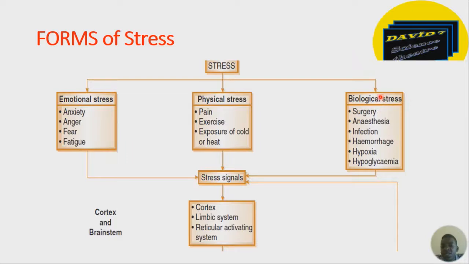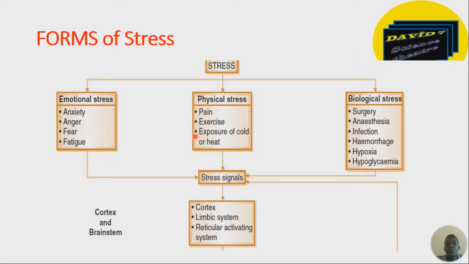So biological stress occurs in times of surgery, occurs when the body is anaesthetized. It occurs if you have infections, if you lose some blood, hemorrhage, if you're having hypoxia, low blood oxygen, if you have low oxygen in the body tissues, and if you have low glucose, that's when you have biological stress. Now, physical stress occurs in times of pain,